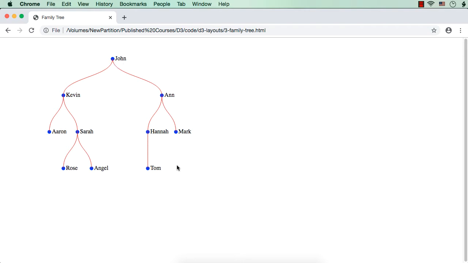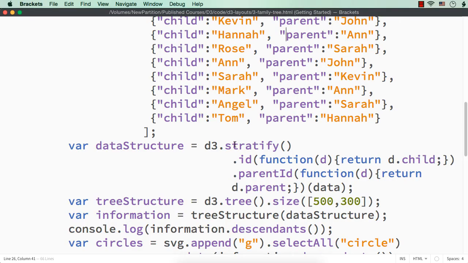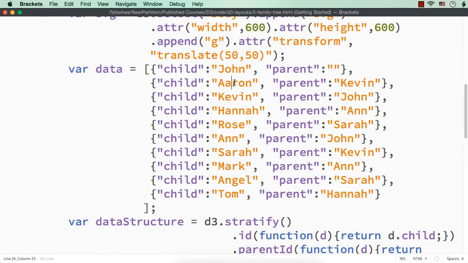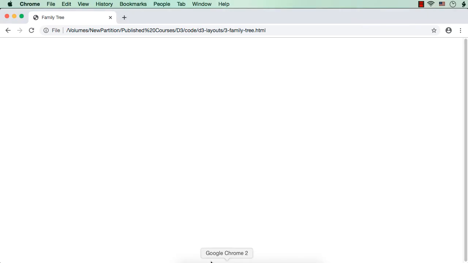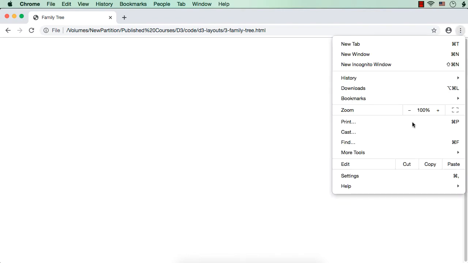Anywhere in the family tree, we want to have the same name repeated. So here I'm going to make the change. Instead of Aaron, I'm going to make it John itself. That is, the father's name and son's name is the same for Kevin. Now let me save this and show you. See, we are not able to see the family tree itself. And let me show you the console.